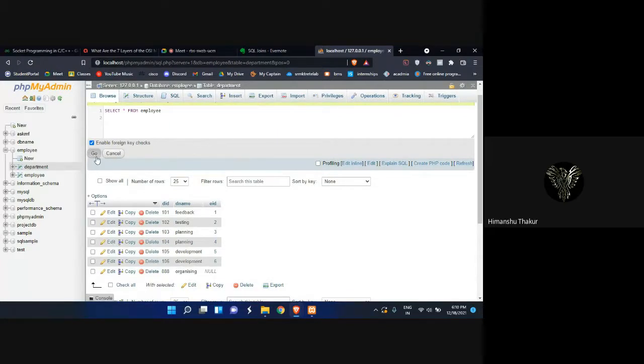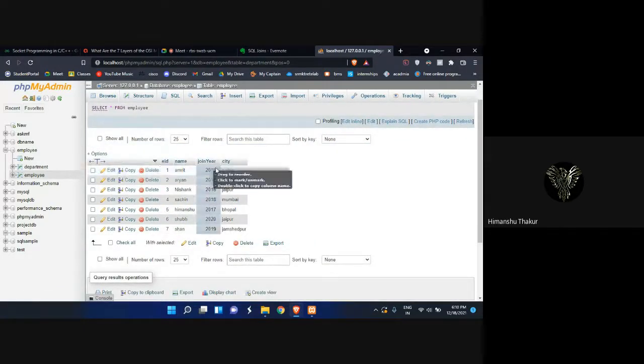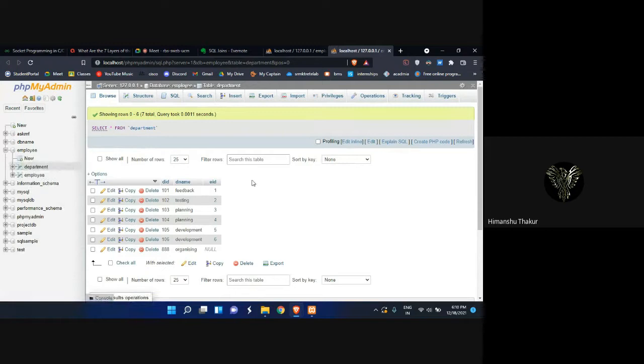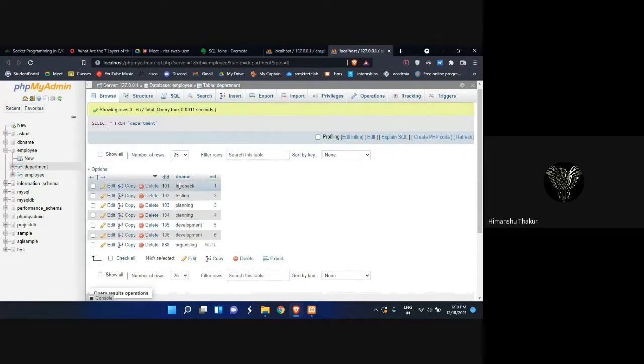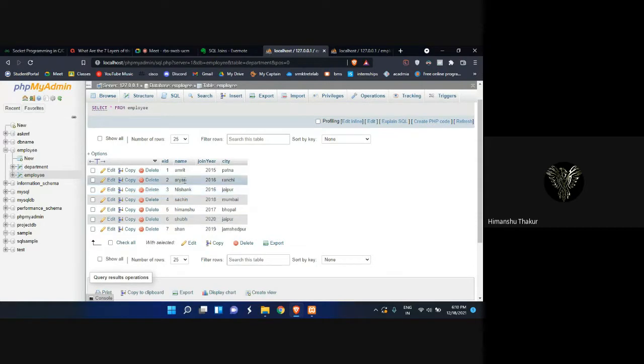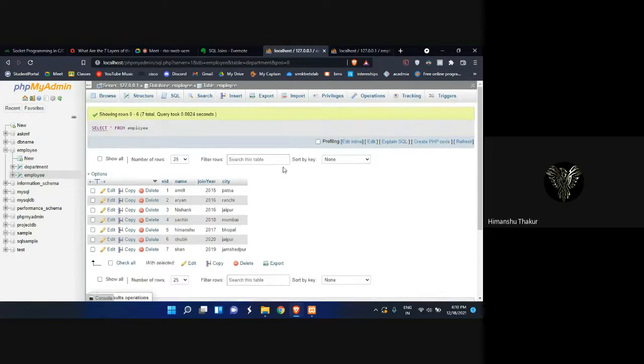What happens in a cross product is, let me show you first just one table. In this table, this is the employee table. If I do cross product between the employee table and the department table, let me open it in another tab, so we will have both tables in one. This record, this row, will multiply with all these rows, and similar will happen to the other ones. Like if there is EID1, Amrit, 2015, Patna, it will write this record and then it will go for the next record. It will write all of these beside it, and again it will work like that.